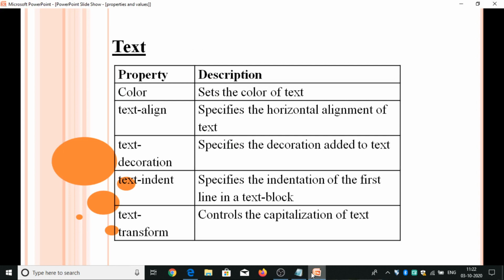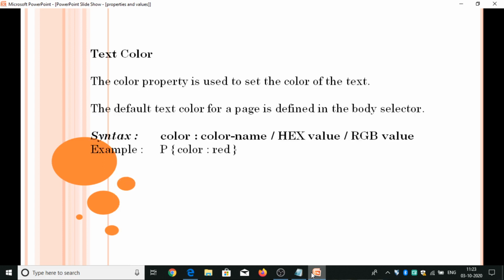Next properties are text properties. We also have different types of properties and values for the text, like the color property, alignment property, decoration properties, indent properties and transform properties. Let's see the first property, that is the text color property. The text color property is used to set the color of the text.